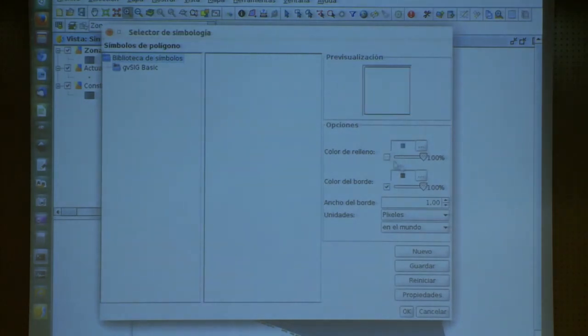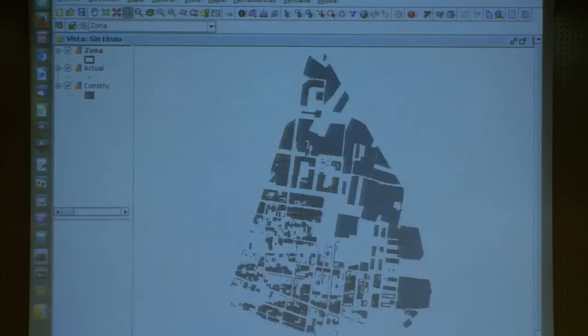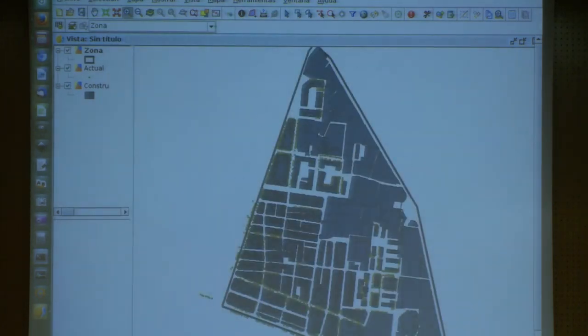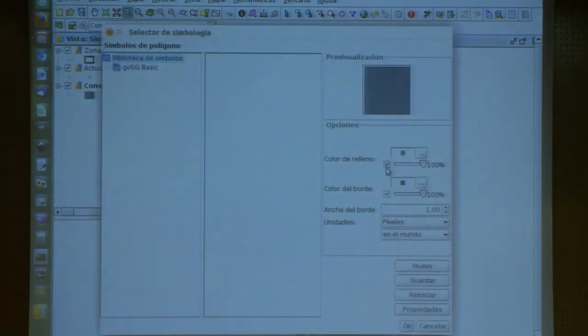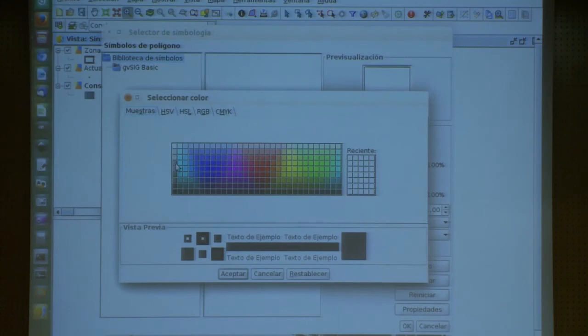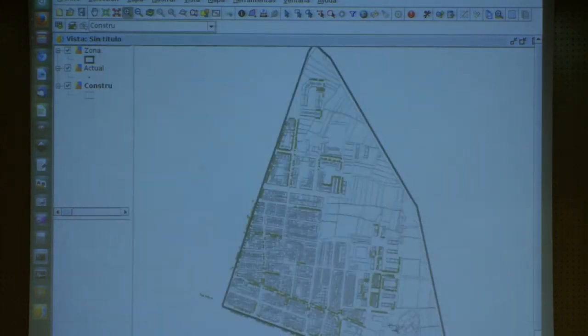I'm going to do the same thing, just to practice some basic concepts. That of the area, I'm going to leave it without any filling color, and within Benimaclet, this would be the old village area. The buildings, I'm going to put them without any filling, and the edges are going to be in a light gray. Well, not too light, because if not, the projector will not allow you to see it. But I don't want this to bother. So this is not the most important thing right now, because I'm going to study the tree